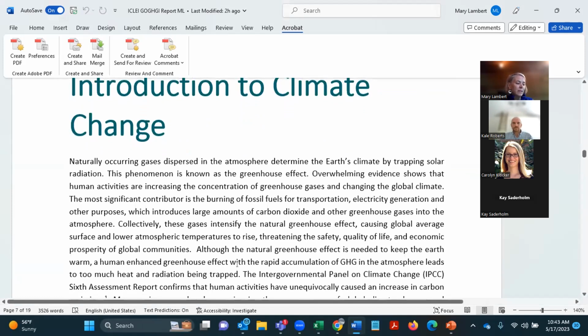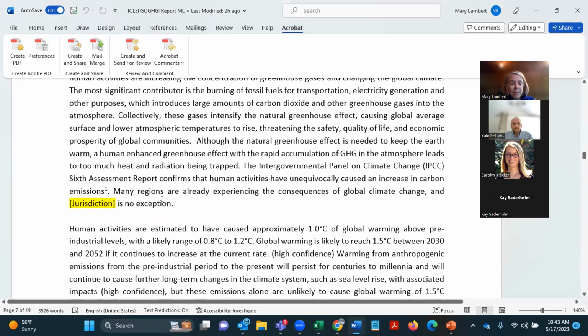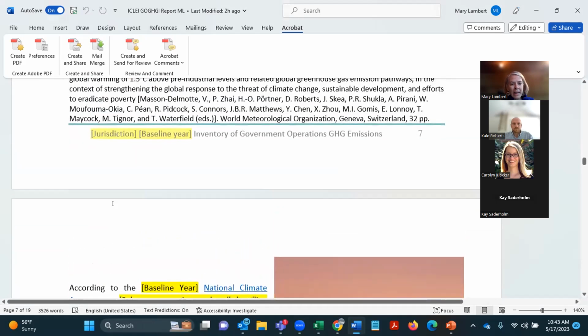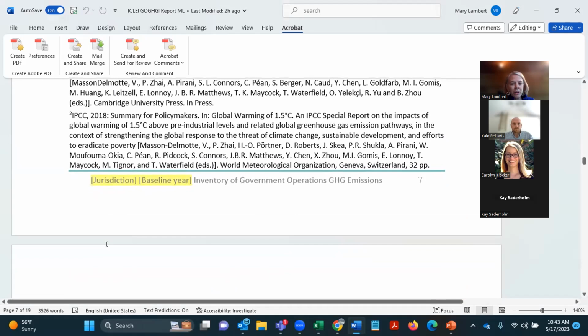The next section is all boilerplate. And like Cal said, feel free to either keep it, edit it, or delete it. So it's really up to you. Just remember that all of these words or phrases that are in yellow should be updated as directed, basically. Like in this case, obviously you put your own jurisdiction in here. And again, just remember, if you delete something, the footnote should automatically delete,